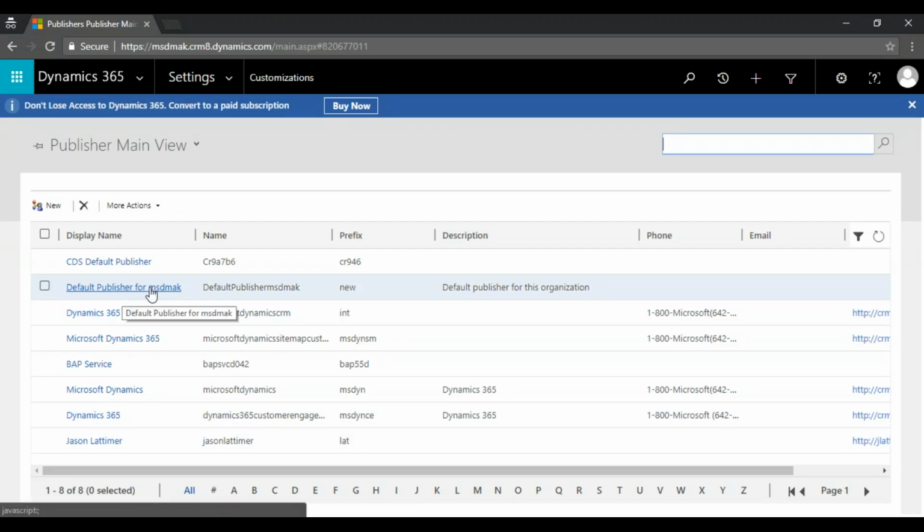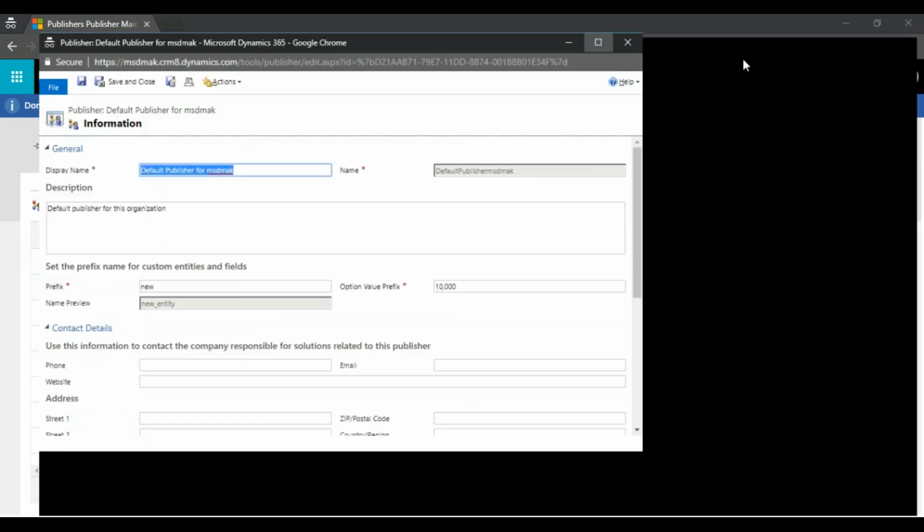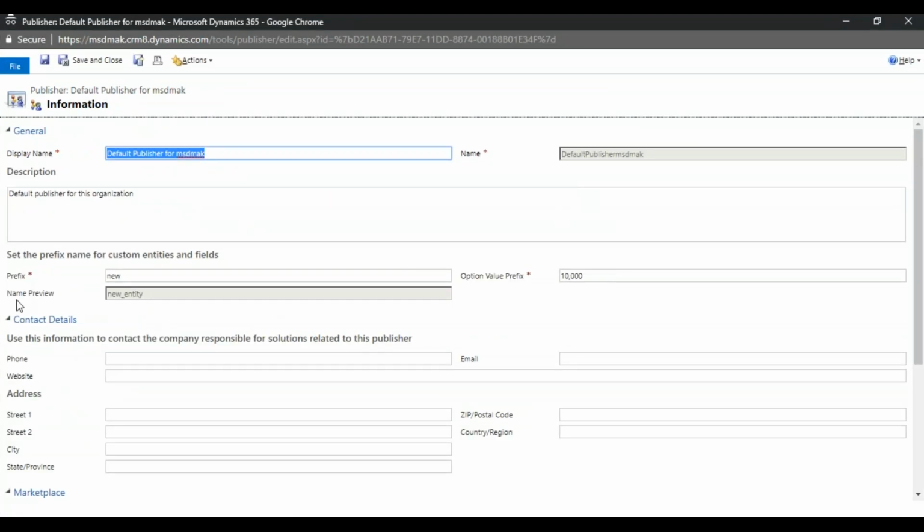So what is our default publisher? The default publisher has a prefix of neo. What it means is that whenever you do any customizations, it will get the prefix neo, but it is not recommended to use neo from the best practices point of view. We have to give a relevant project code, because whatever we do will get that prefix. So in this example, I'm giving SIT. Going further, whatever customizations and development we do will get prefixed with SIT.